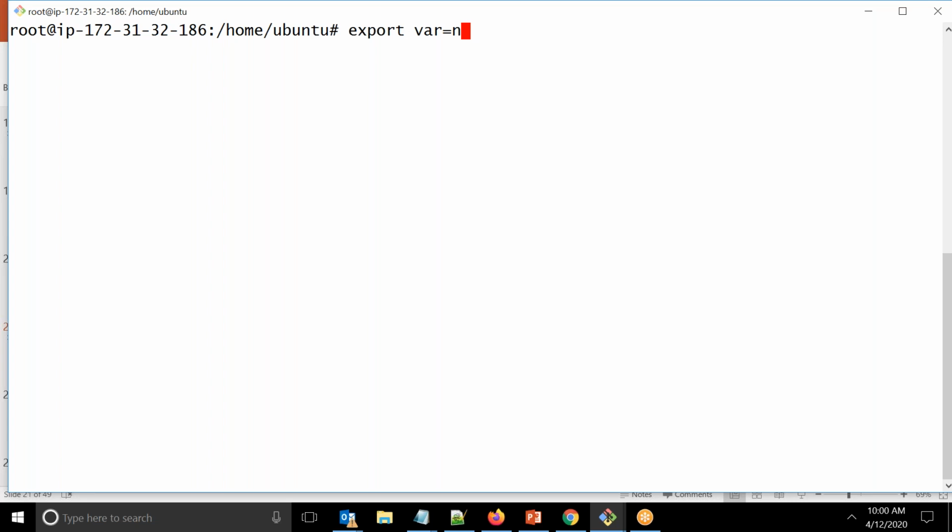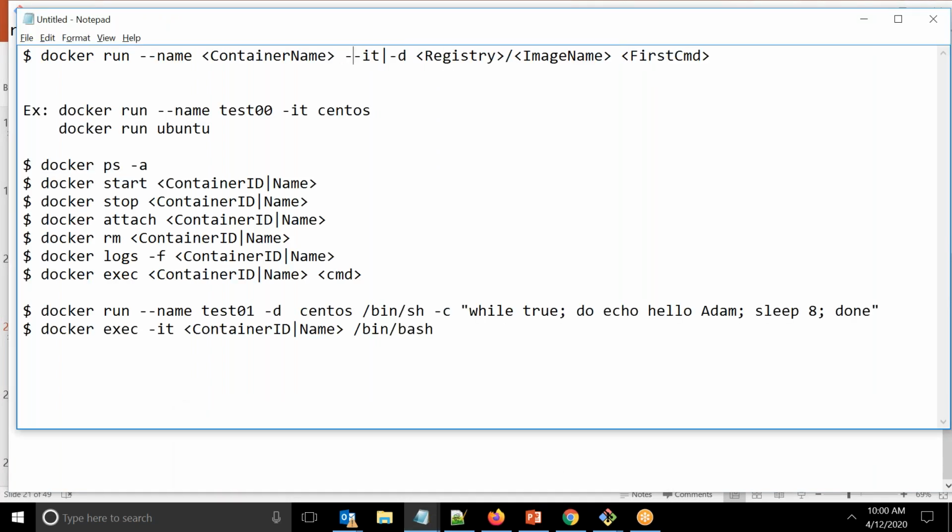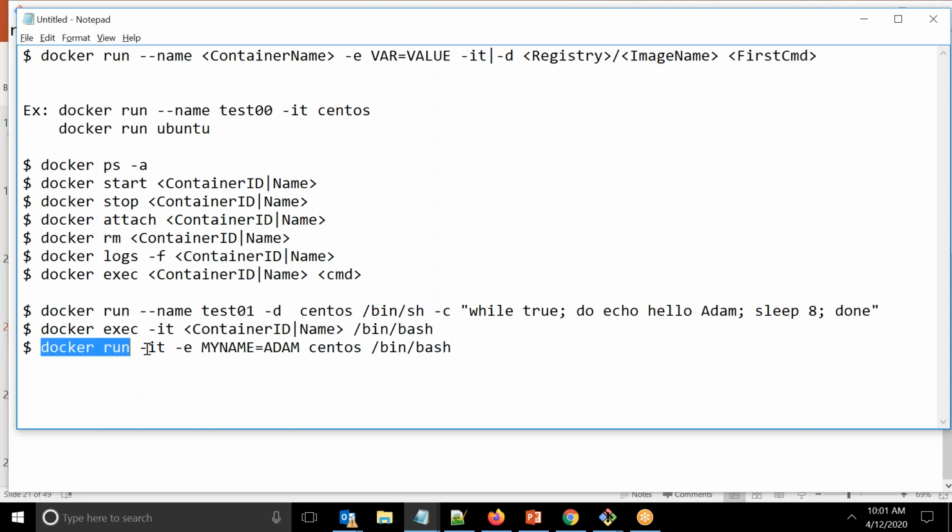So how do you do that? You can use an option called -e. With -e you pass an environment variable, and for this you give the name of the variable and its value. An example: if I want to create a container, I can simply say docker run -it -e, let's say my name is Adam, and then CentOS. Now just to show you,